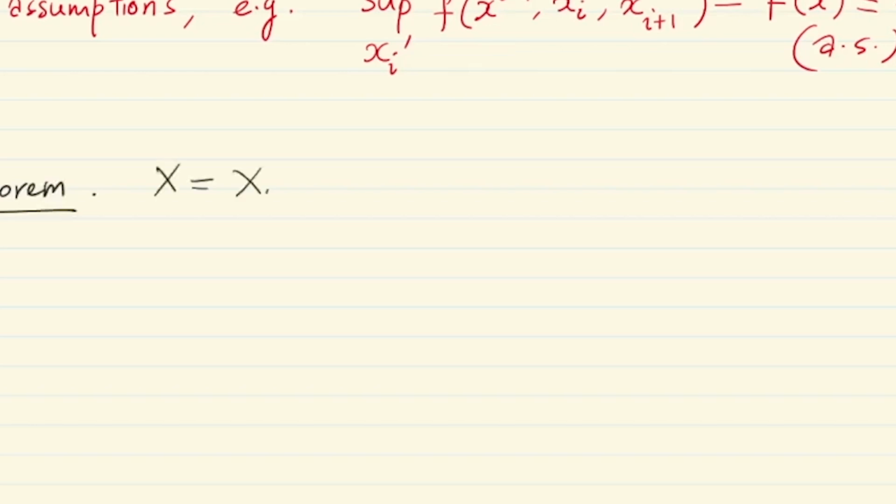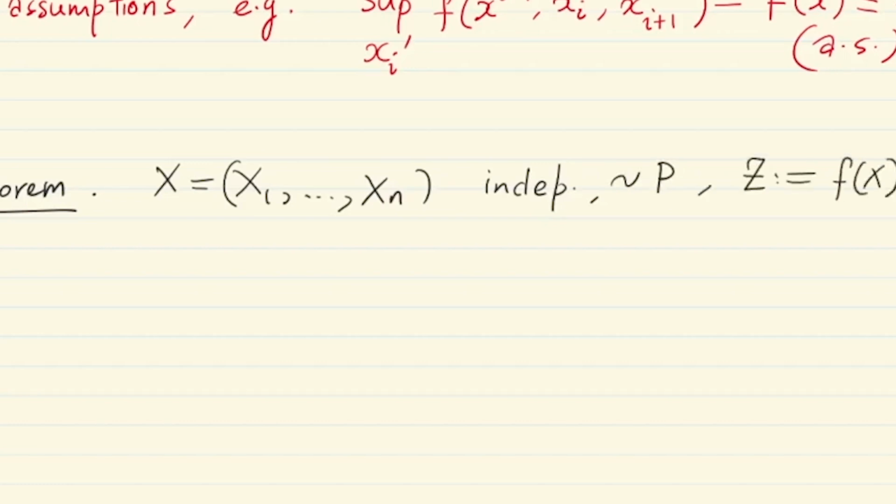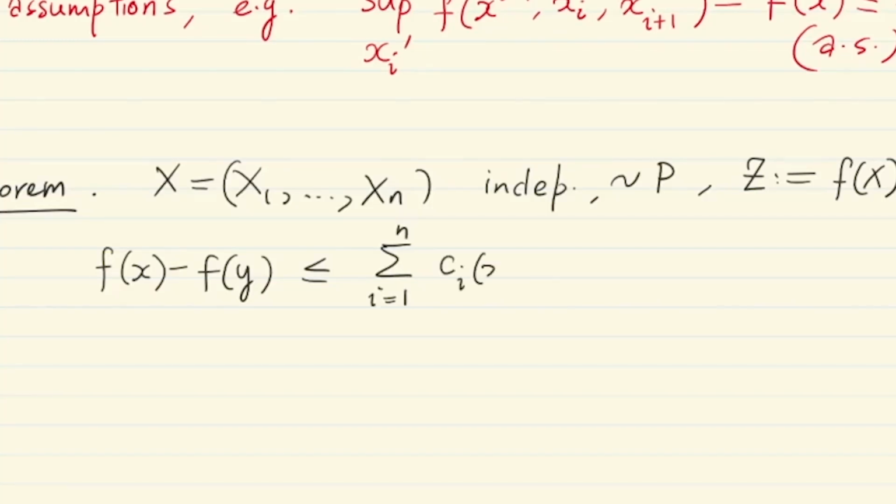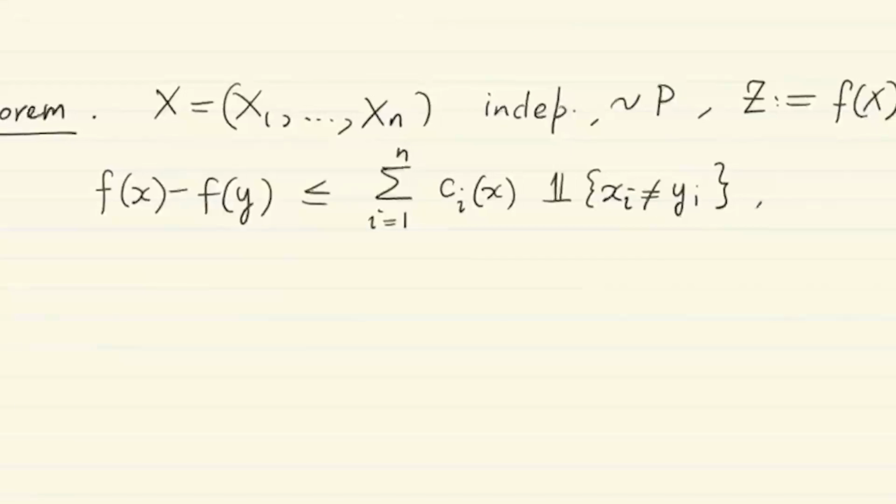So let's assume x is a vector of independent random variables distributed according to the probability distribution P, which is a product measure over n coordinates, and let's set z equal to f of x, and we have f satisfying the property that you can bound f of y minus f of x, f of x minus f of y, in terms of x-dependent Hamming sensitivities, and let us also denote v as the expected value under the natural distribution of x of summation ci square